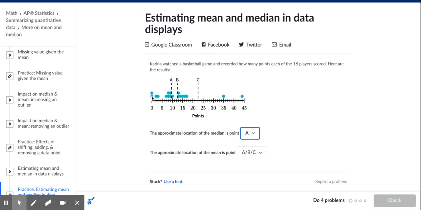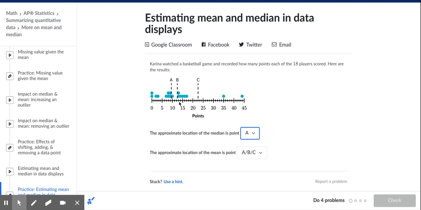So I have 0 plus 0, but who cares? So what I'm actually putting in my calculator would be 2 plus 3, plus 7 plus, remember you have to add 8 twice because there are 2 of them, plus 8 plus 9 as well is also twice, plus 10 plus 13 twice. So you could just put in 13 times 2 in your calculator, plus 13 times 2, plus 14,